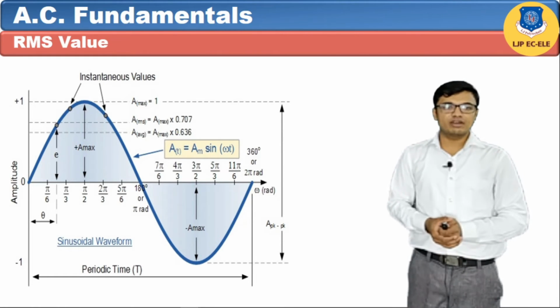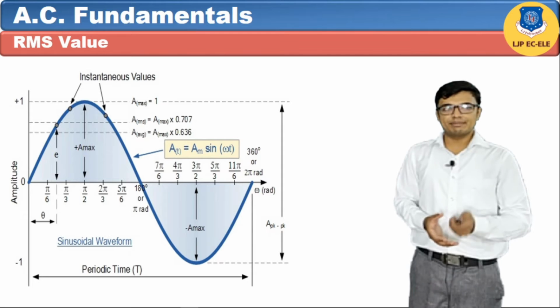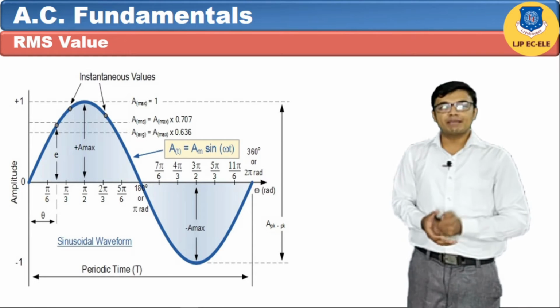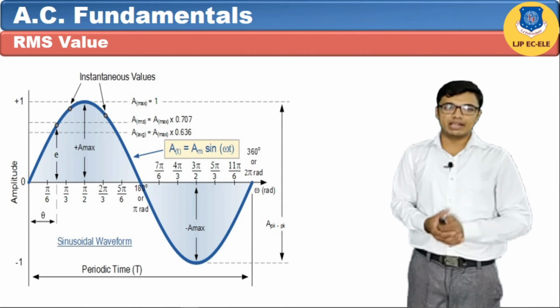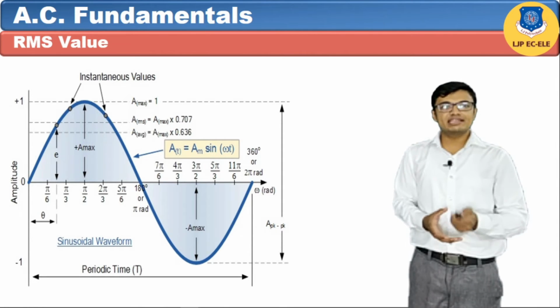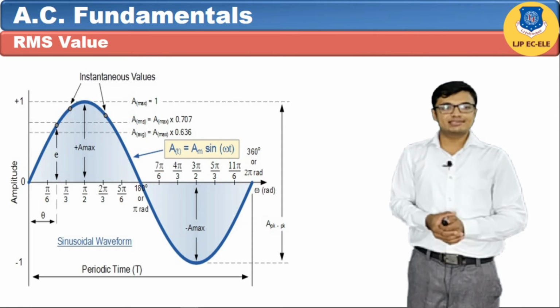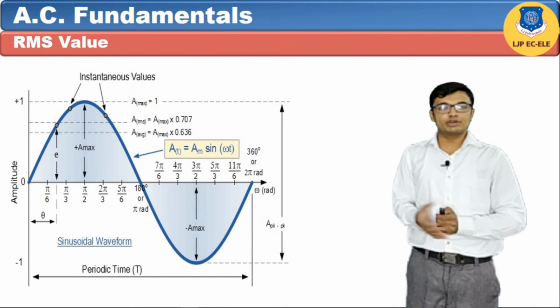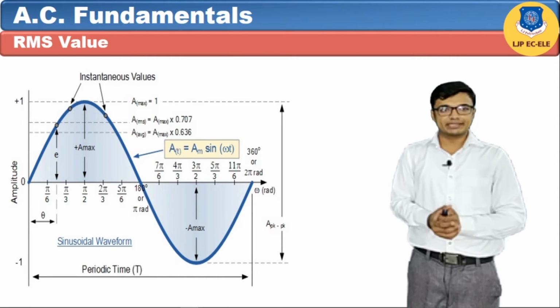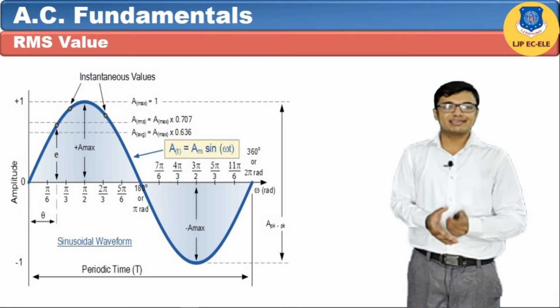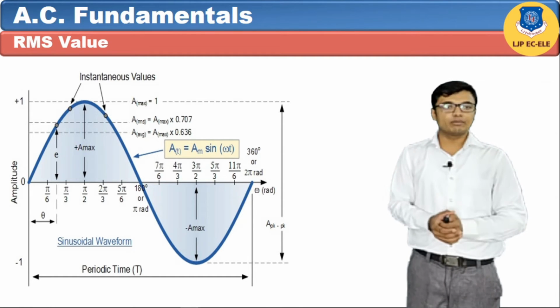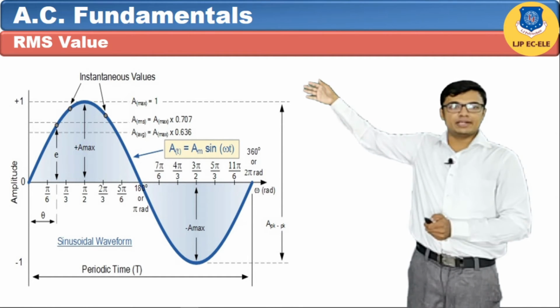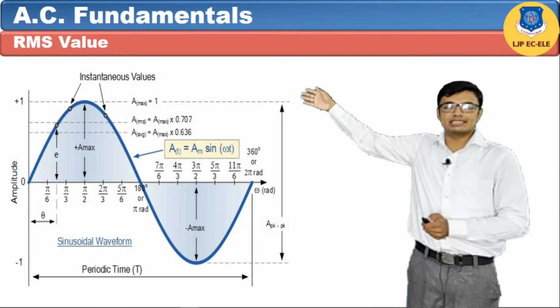So let's understand the definition of RMS value in brief. RMS value is also called the DC equivalent value, because to find the RMS value we have to compare the alternating wave with a standard value, that is DC value. Suppose we have one resistor. Let's inject X amount of DC current in that resistor. Then Y amount of heat will be generated for a particular time duration T. Now the amount of AC current required to generate the same amount of heat in that resistor is called the RMS value of the alternating quantity. Here is the formula for RMS value: A RMS is equal to AM into 0.707.